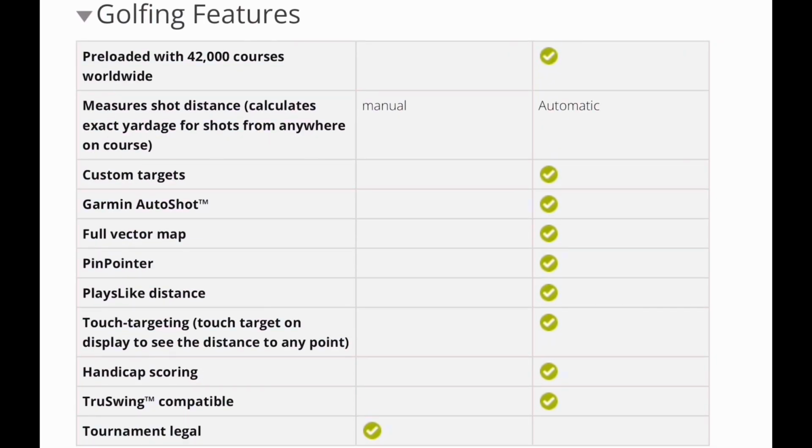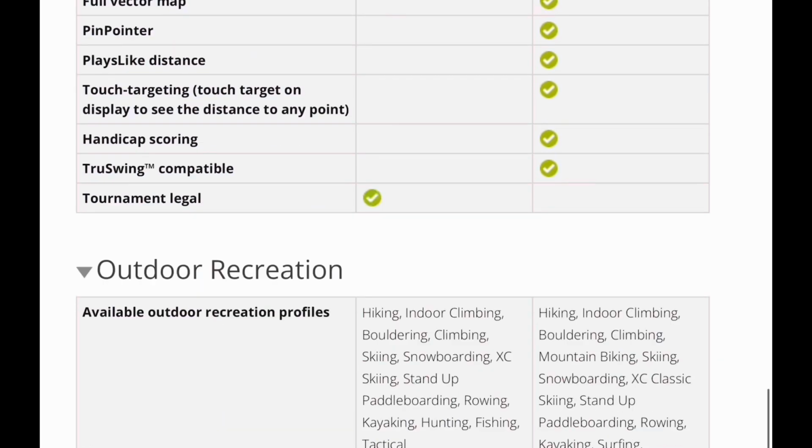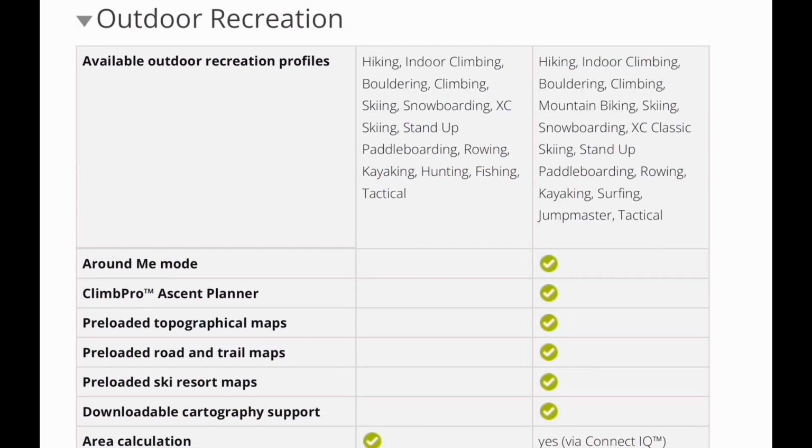All the golf features are tied into the Fenix 6. You can see all sorts of stuff. You can download the golf map, you can see custom targets, and it'll tell you a bunch of different fancy things. Outdoor recreation, you get a few more outdoor recreation